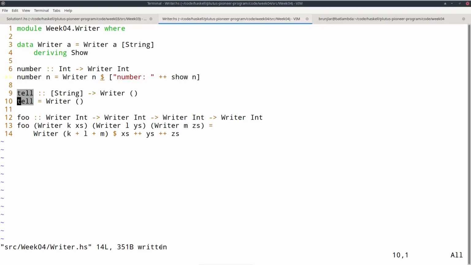And so I could make this example a bit more interesting. I could add another log message.